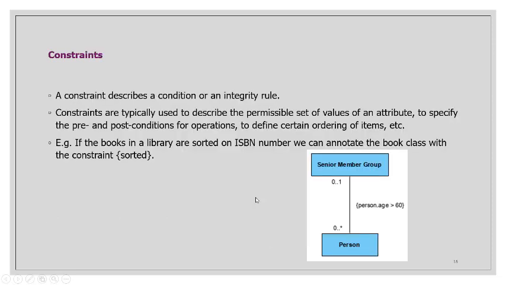Okay, and then the constraint. A constraint describes a condition or an integrity rule. Constraints are typically used to describe the permissible set of values of an attribute, to specify the pre and post conditions of the operations, to define certain